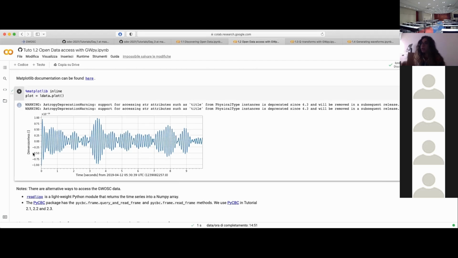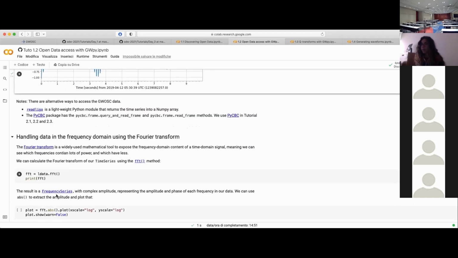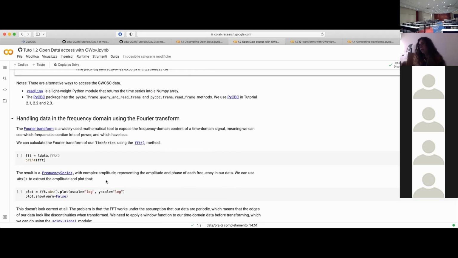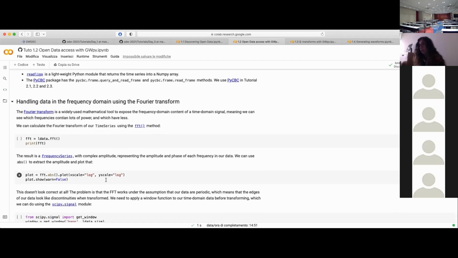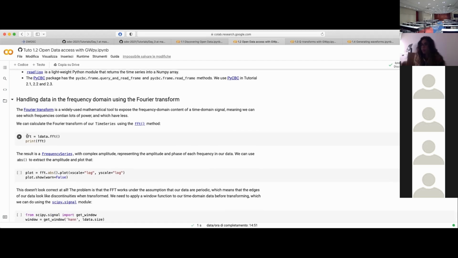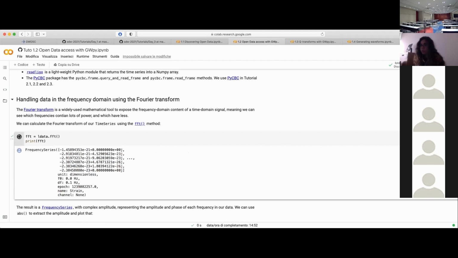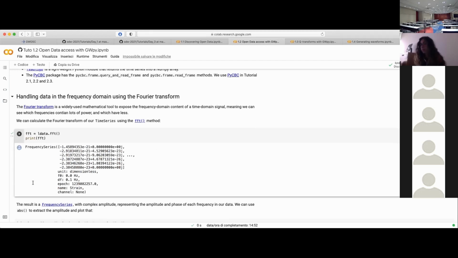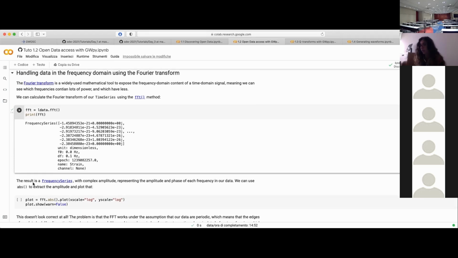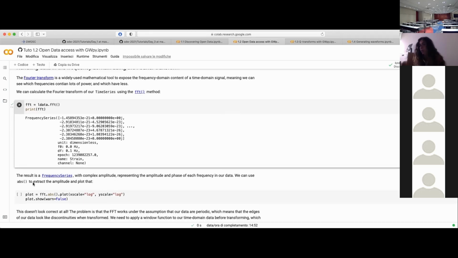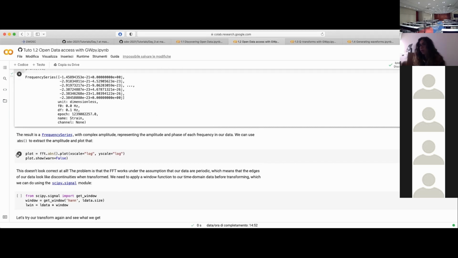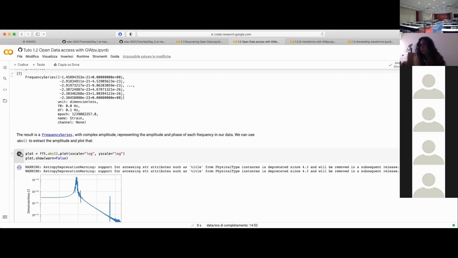And what usually the typical thing that you do with gravitational wave data is that you check not only the temporal behavior of the data, but also the content of the data in terms of Fourier transform. Because you want to know what happened in terms of the frequency domain also. So this is a typical plot of the